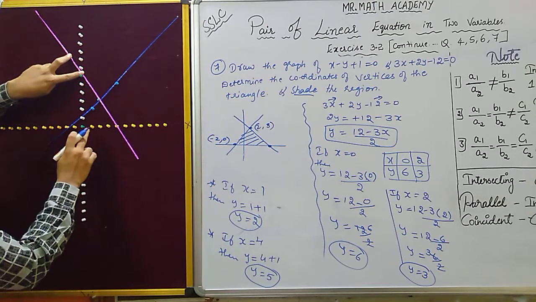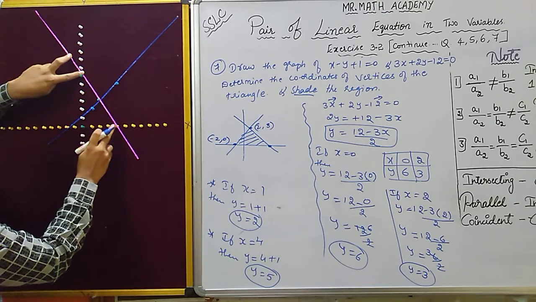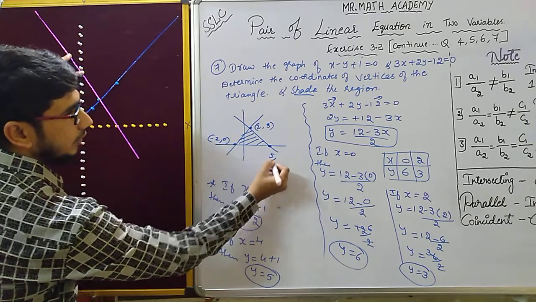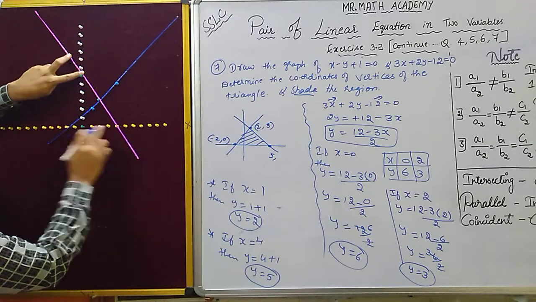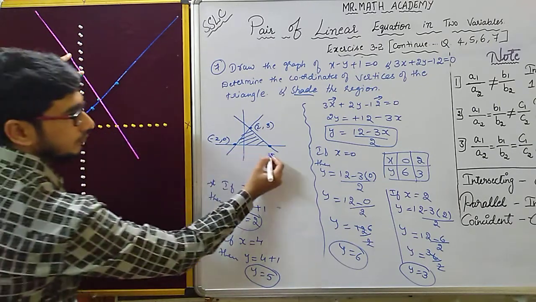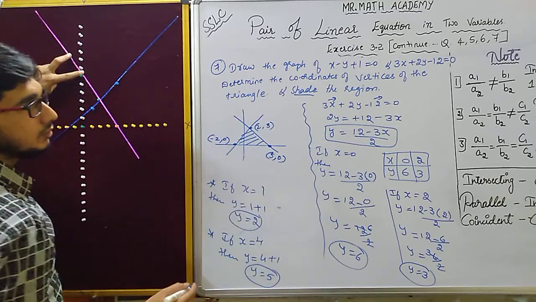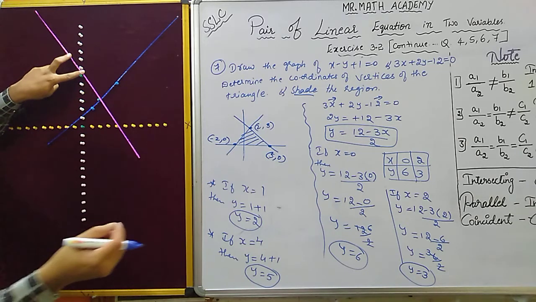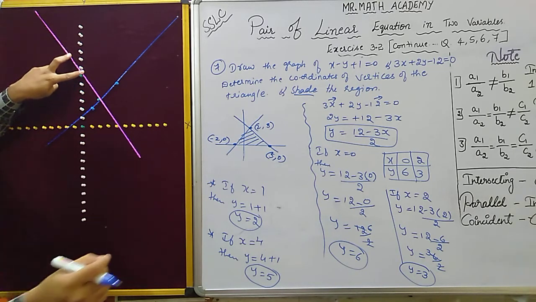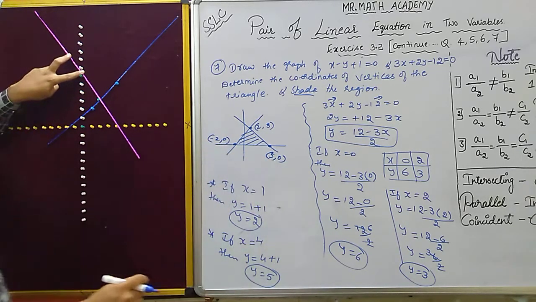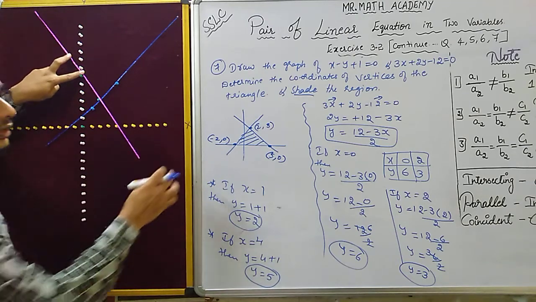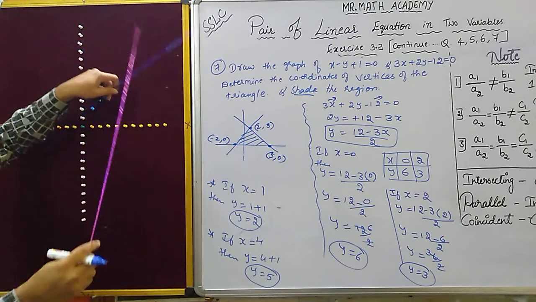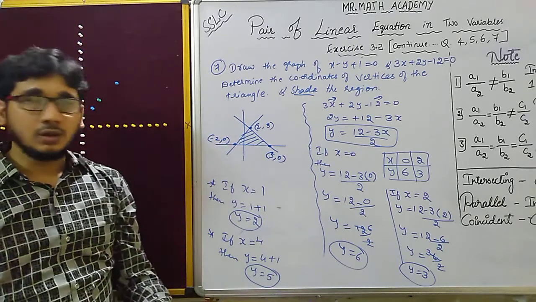Now for this one, 1, 2, 3, 4, 5, approximately for me I got 5 comma, y is how much? It is not moving up and down, 0. Okay, these are the coordinate points. For me it may vary a little bit. If you draw in a graph sheet, you will not miss even a single point. This is the way we have to find the coordinates. Just carefully look into that, then you will get the exact point also.